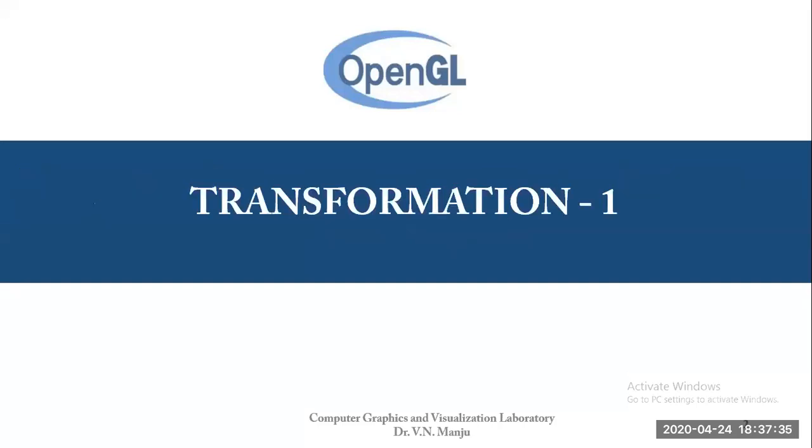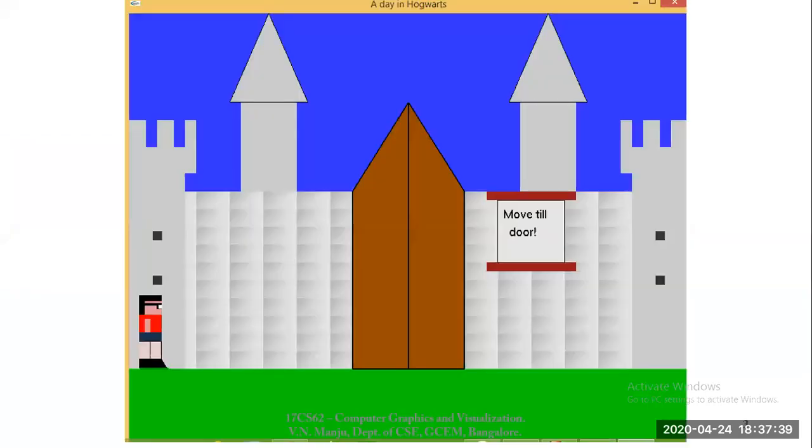In transformation itself, I'll give you more programs. Now, say for example, this is a mini project that you can do. Consider this is a project. I have different objects in this. In other videos, I will tell you how to create all the objects. Say for example, first this object. This is a man. What he is going to do is move till the door. So I will teach you how to make an object move from one place to another. That is what we are going to do.